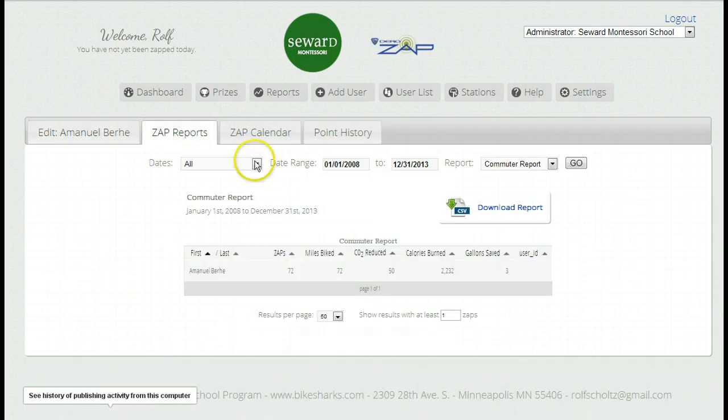When a commuter logs onto their account, they're going to have access to a couple different reports as well, and these are chosen by you. So for example, the default is the commuter report. It shows their Zaps, miles, bikes, CO2, all that information, but that also shows on their main dashboard page